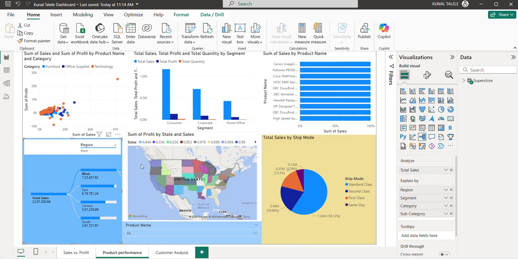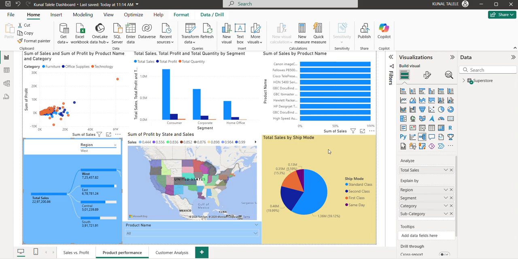across the United States. Each state is color coded based on profit magnitude. Darker colors indicate higher profit. As you can see, if I hover over any state, you can see the sales and sum of profit. Next visualization is a pie chart